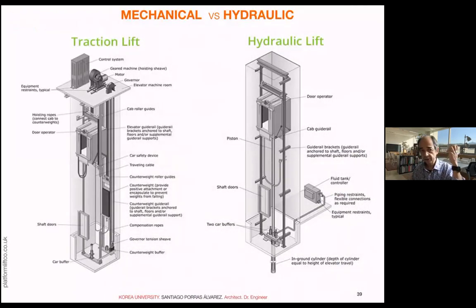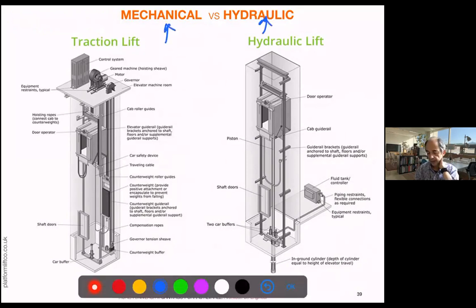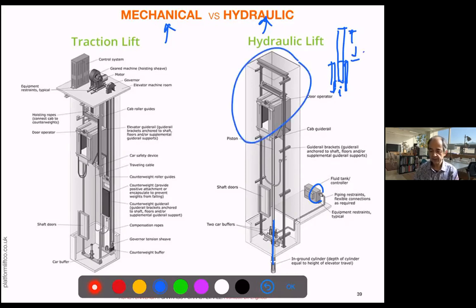So again, elevators, we have two main families, mechanical versus hydraulic. Hydraulic elevators have a hydraulic system, just a kind of oil by pressure. It really has a piston, so it's like pipes which are pushed by that fluid, and that makes the elevator go up and down, right? Hydraulic lifts or elevators may have this element on any floor.